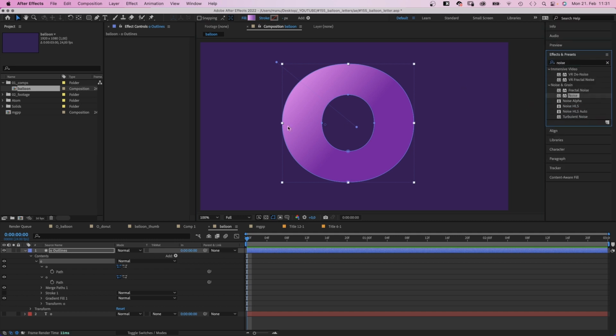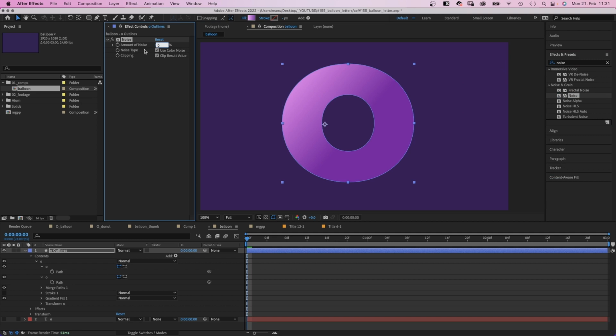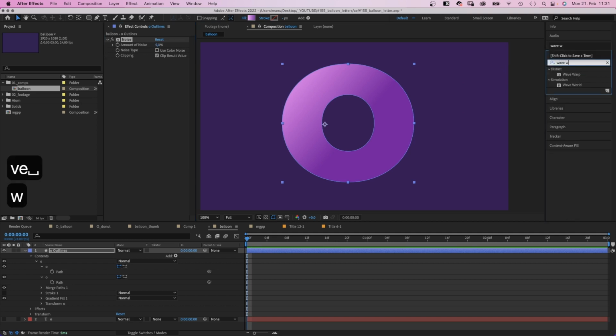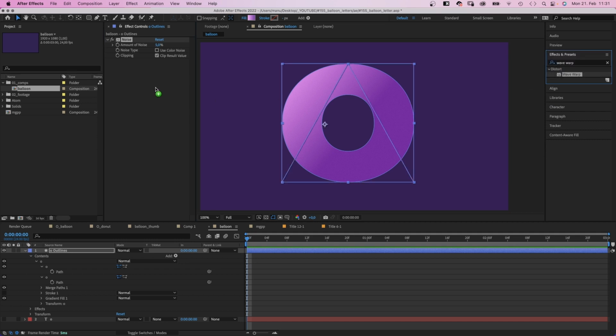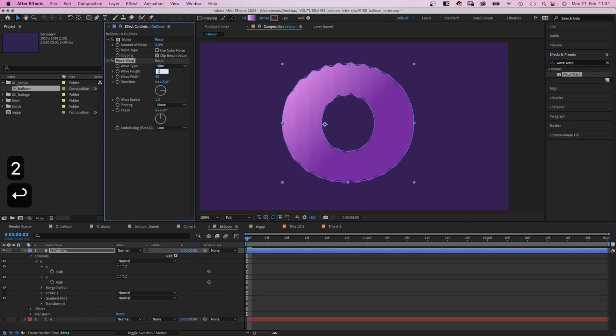But first of all, let's add noise. Amount around 5%, no color noise. Let's add some random wavy curves using Wave Warp. Height 2, wave width 80, direction 90 degrees, wave speed 0, anti-aliasing high, which adds some curves at the top and the bottom. So we need to duplicate the effect and set the direction to 0, which gets us waves